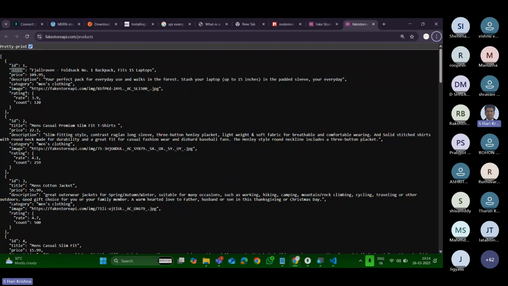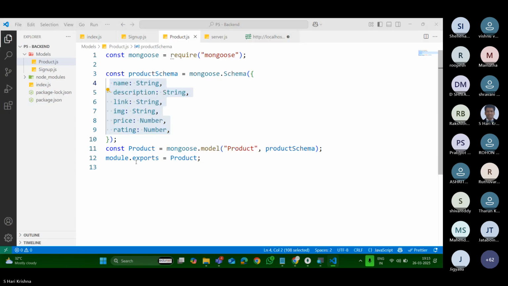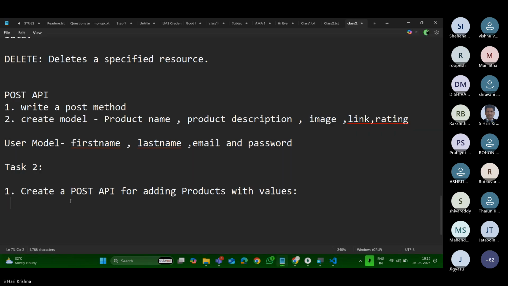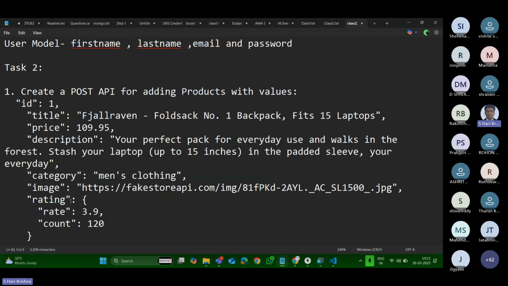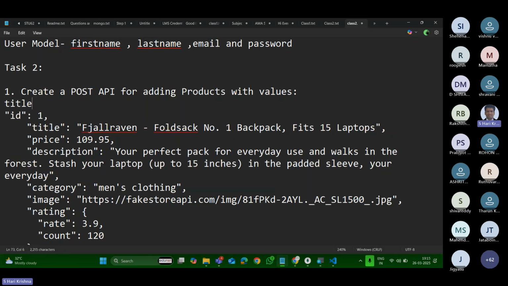I'll copy all this. So I need all this information. It should consist of title, price, description, category, and image,